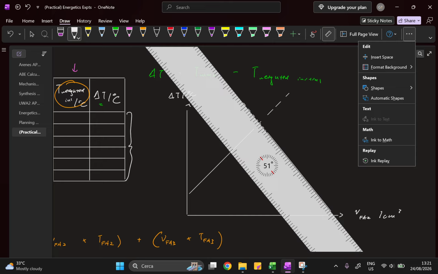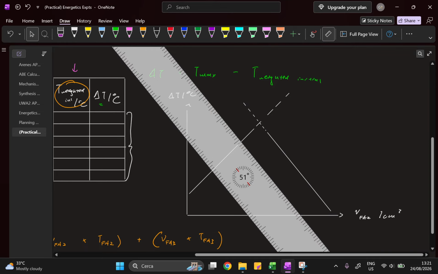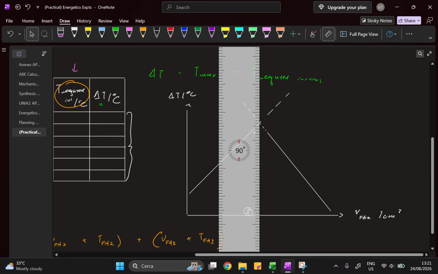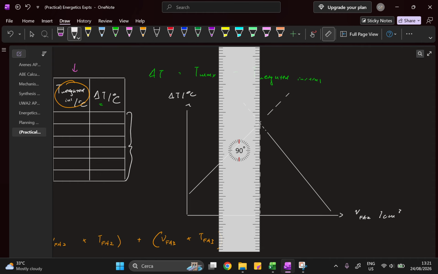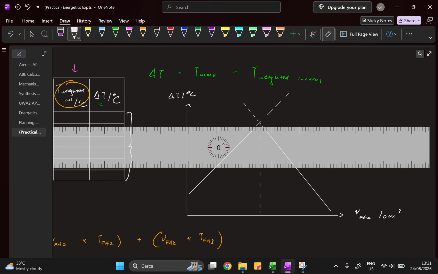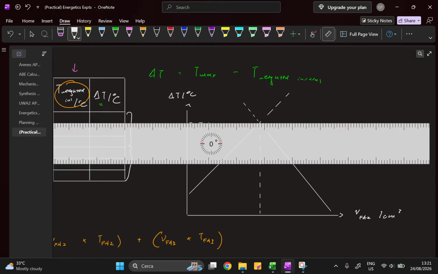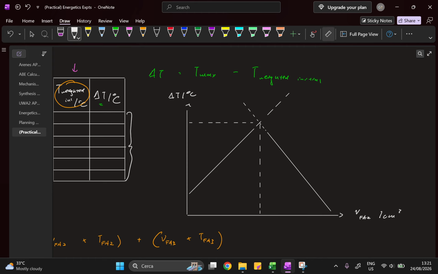Okay? So where you extrapolate these lines until they cross, you will get this particular point here. This particular point here. I feel like I'm drawing an Econs diagram right now. Looks like a DDSS diagram a bit. But yeah. So as a result, at this point where the delta T is the highest, the corresponding volume of FA2 is